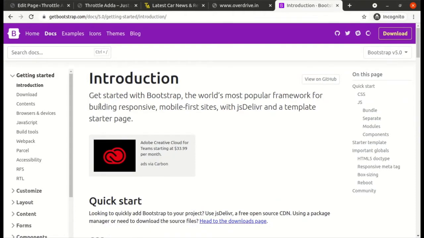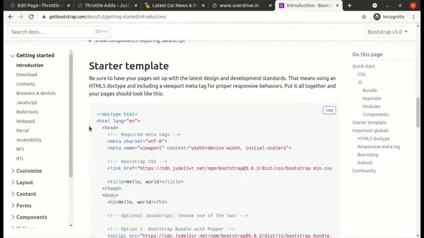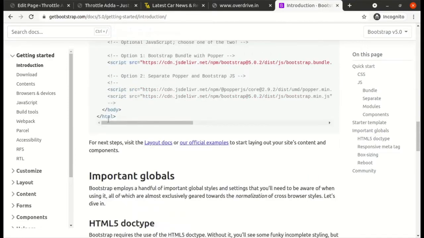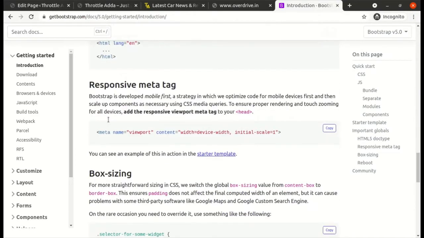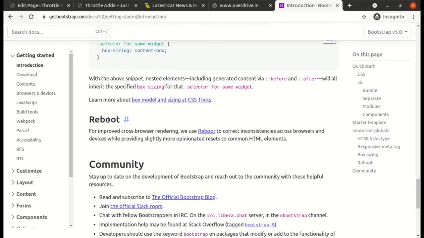Okay, let's go to the document section. To understand this plugin very well, you will have to read through all the pages, and go through the starter template, and understand how it works. Most of the things written here are for custom websites that you create in HTML, the websites that you write your own HTML for.